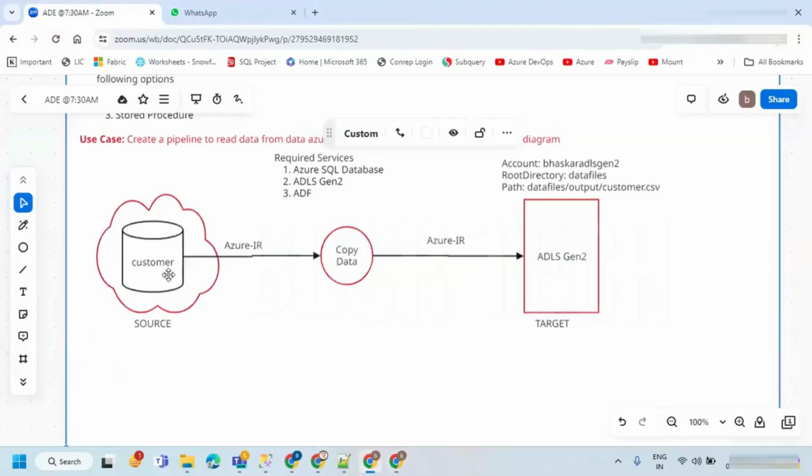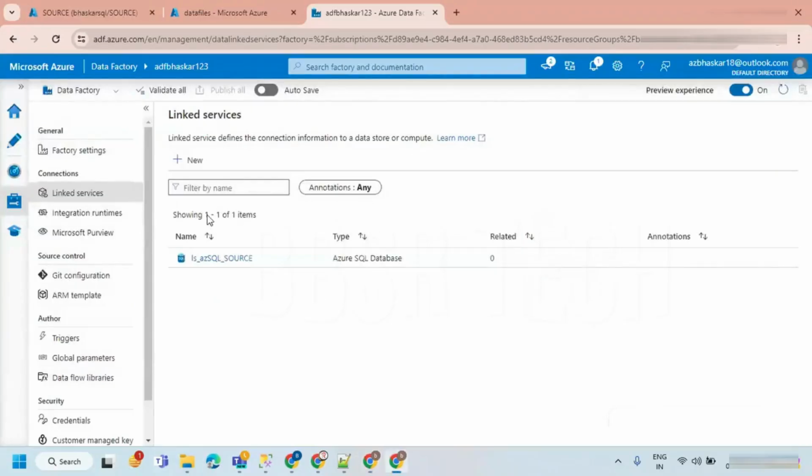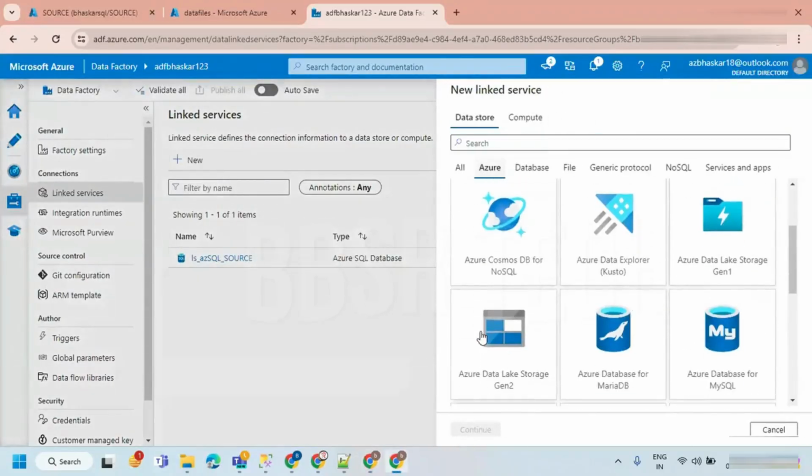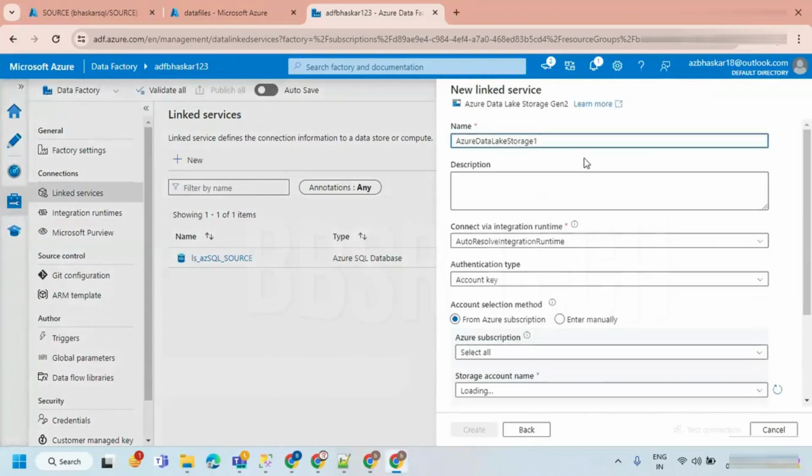Another linked service we need to create for the target. Let's add one more. This time we are taking Azure Data Lake Storage Gen 2. Hit continue. Name it LS_data_files_Bhaskar_ADLS_Gen2.